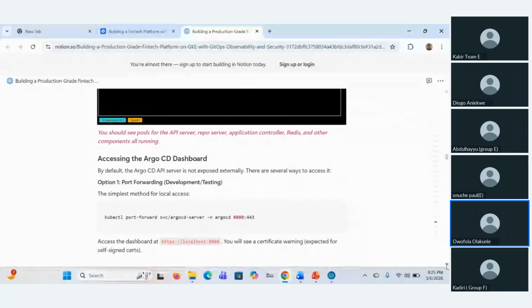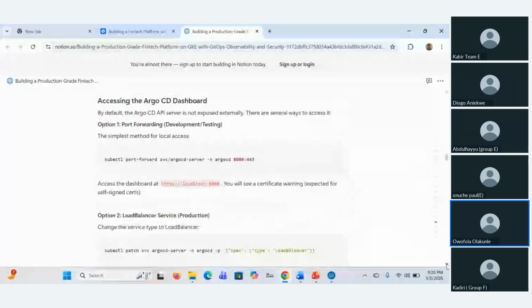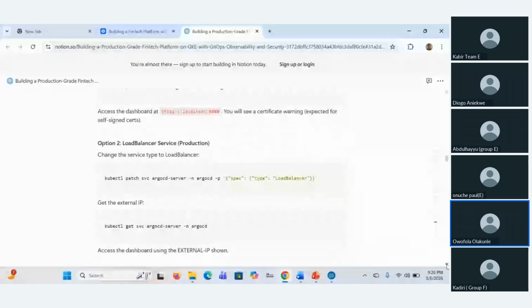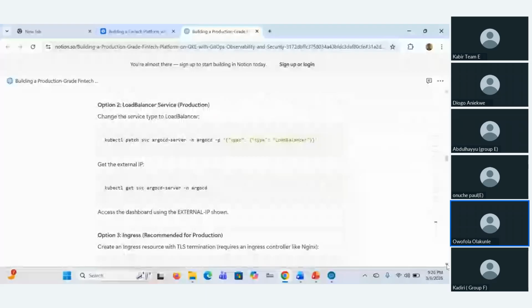So these steps show how we can access our Argo CD. We are using the default, port forwarding our Argo CD. Why we use port forwarding is that we want to limit access to our Argo CD URL to only the people working on the cluster. So that's the only reason we are using port forwarding for entering the Argo CD UI. There are also different types we can use. We have the load balancer service, we have the ingress, but we just chose to use port forwarding for accessing our Argo CD UI.